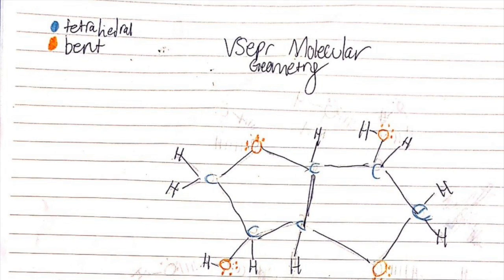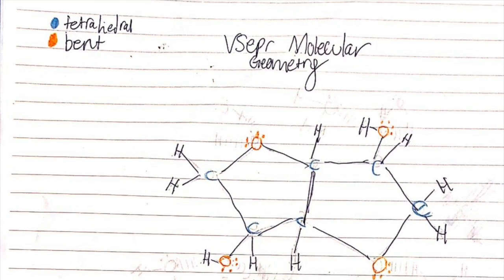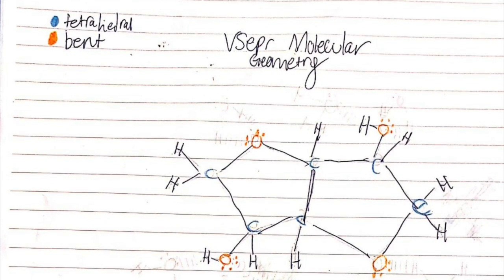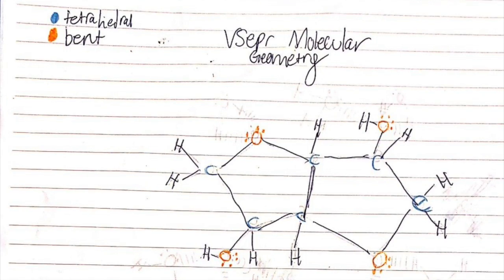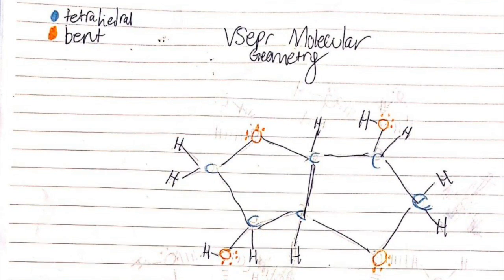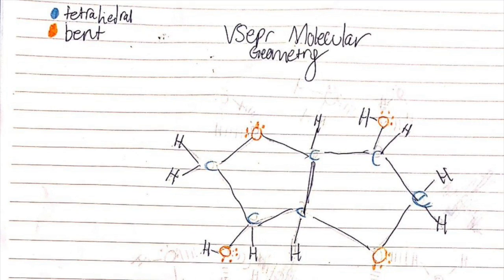The oxygens, drawn in orange, are part of the bent angle, as it has two bonds that go off to a different molecule, in this case carbons and hydrogens, and two sets of valence electrons. The carbons, drawn in blue, are part of the tetrahedral angle, as it has four different bonds going off to